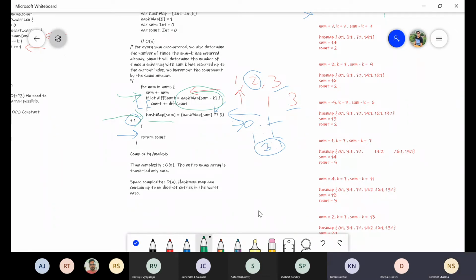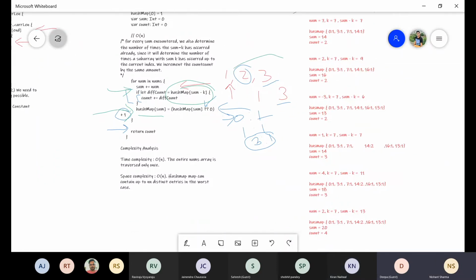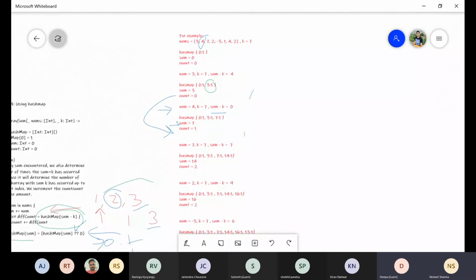Yes. So the hash map approach is as I explained in this example. What we are trying to do is create a hash map of our sum value. We know the sum variable will be updated as we traverse every element of the array.